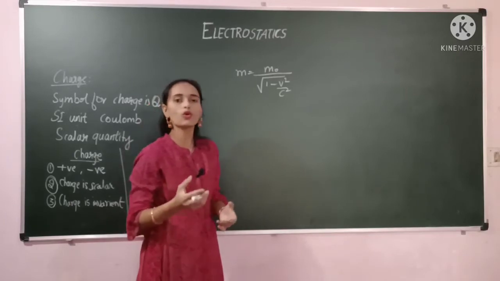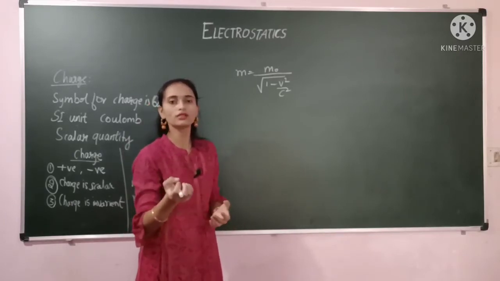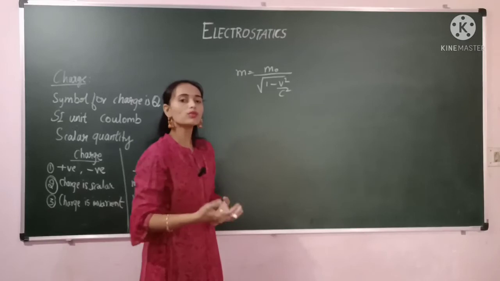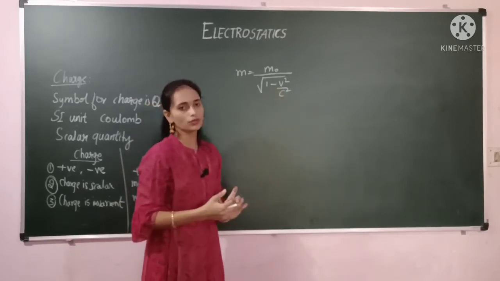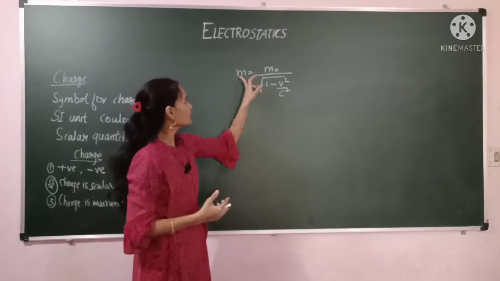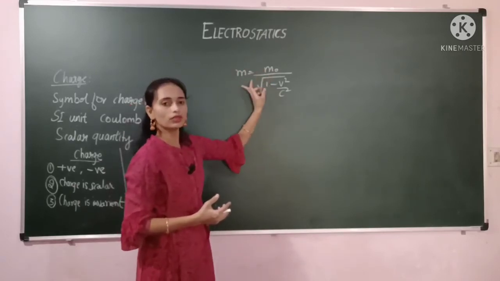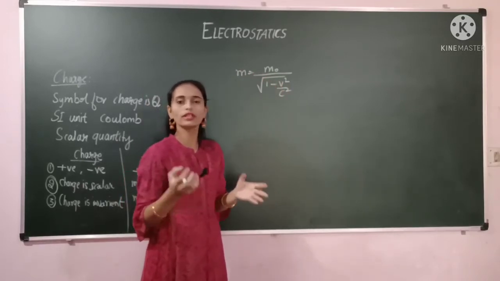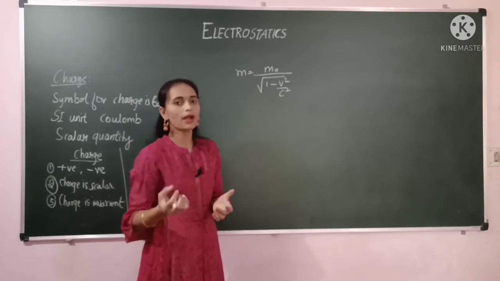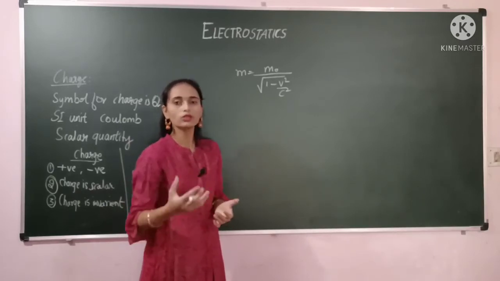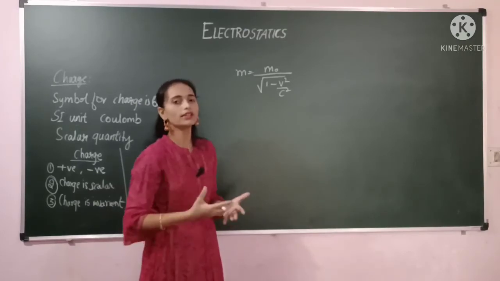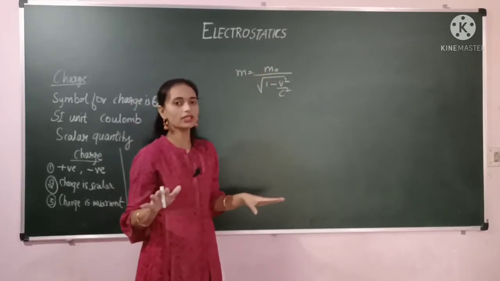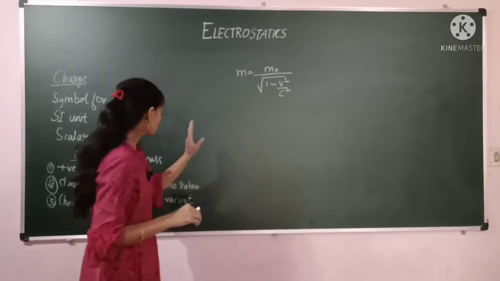But when we are talking about electrons, whose charge is very high and whose speed is also very high, all the electrons are moving at a speed comparable to the velocity of light. In that case we can experience that mass is changing. We experience this at the quantum level. At the quantum level, particles are very small, that we can't see with our eyes, and they move at a very high speed. When those particles move at a very high speed, we can feel the change in mass. But in our daily activities it is not present. So this is the difference.